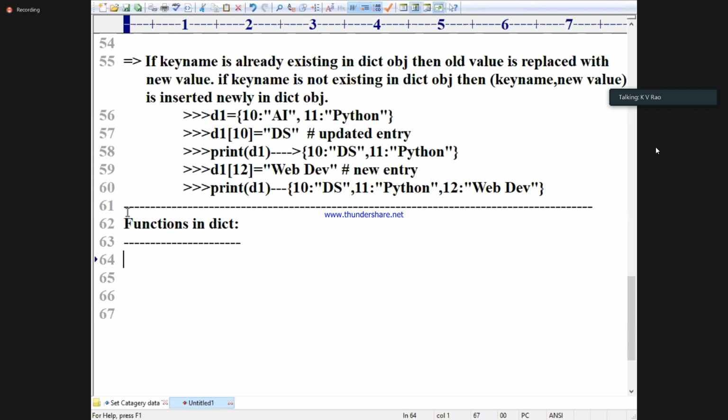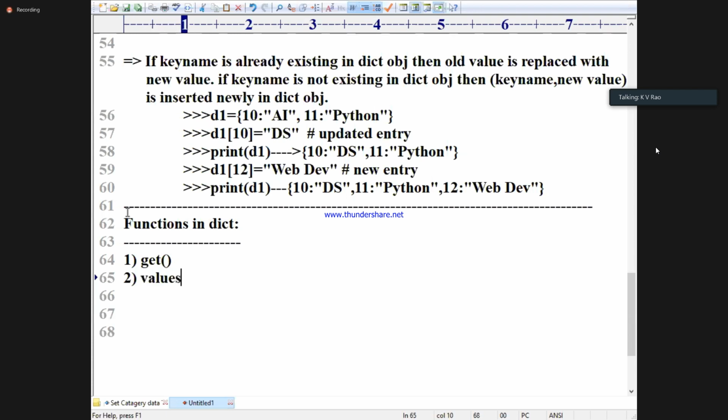Append, add, and so on. Similarly, set is another data type, and so many functions are there. For dict I will write the unique functions. One is called get. One more is called values.